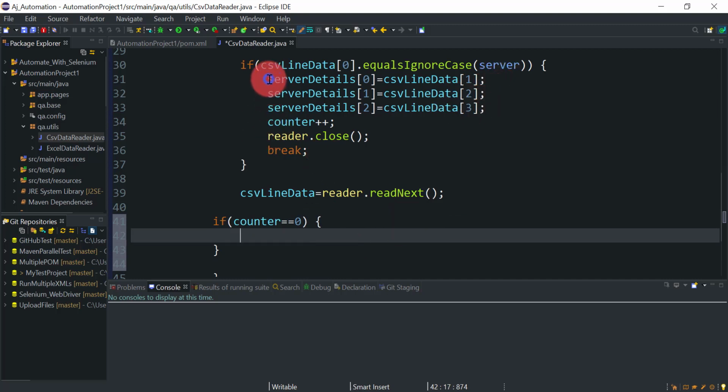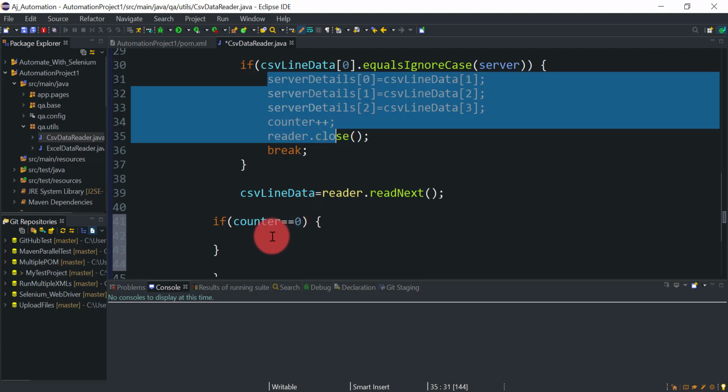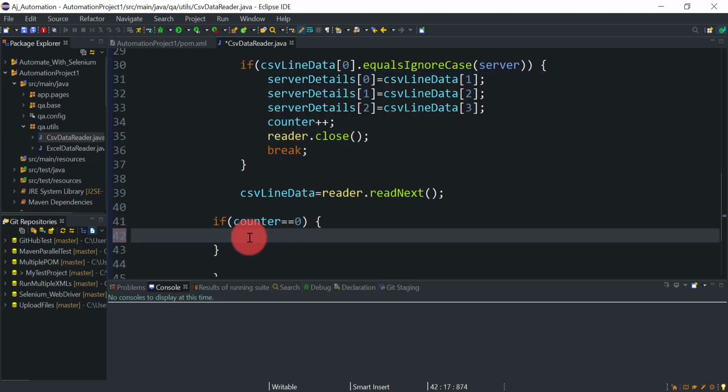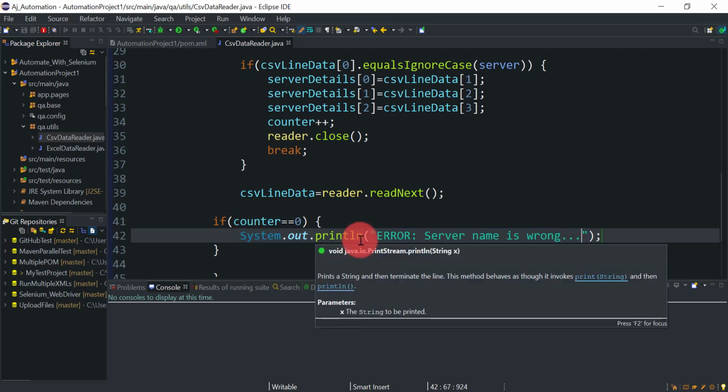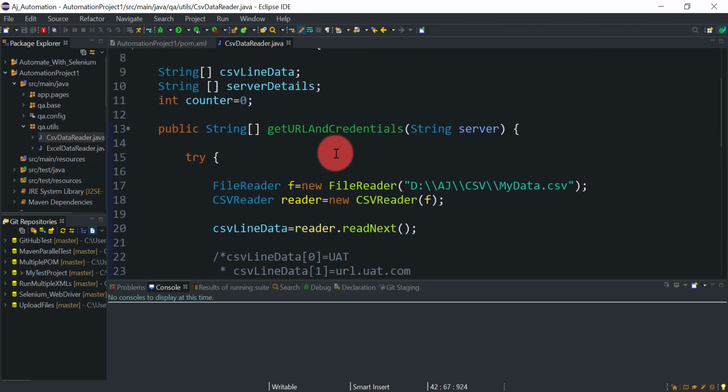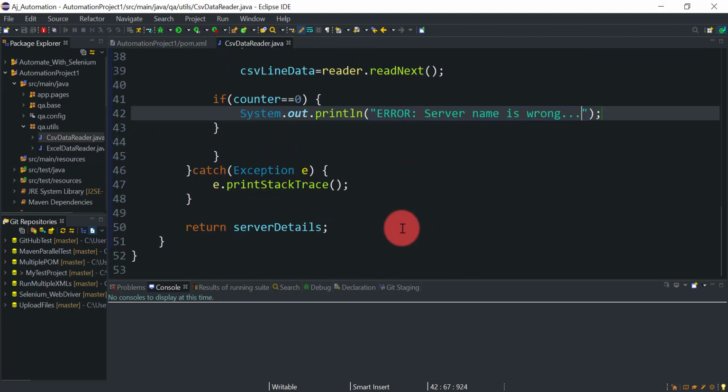If this counter remains 0, we will print one statement in the console so that the user will come to know that there is some issue with the server name, that the server name is not available in the CSV. So, server name is wrong, something like that.